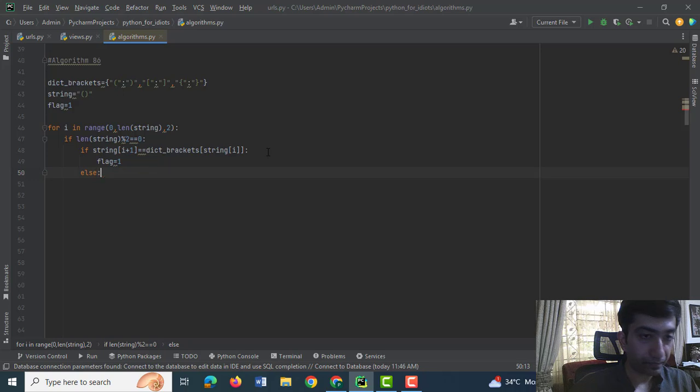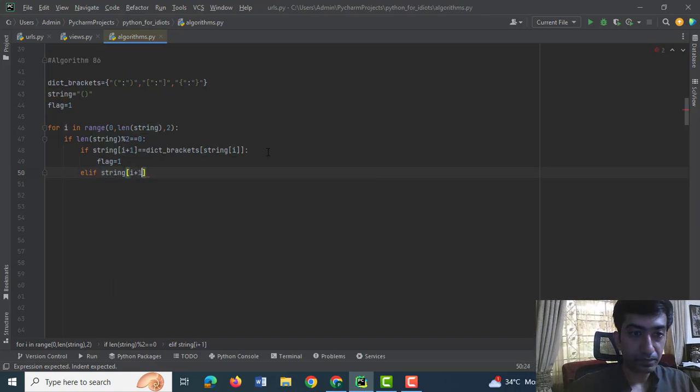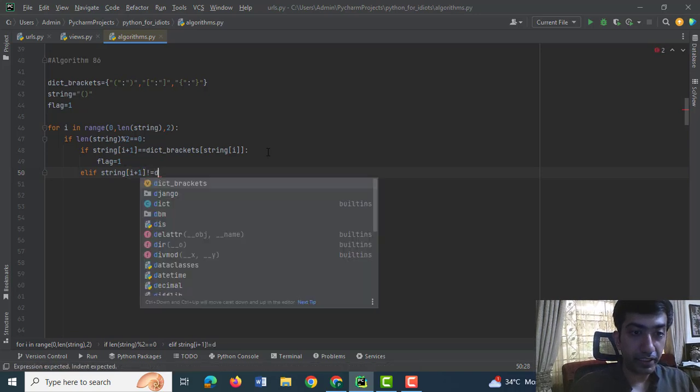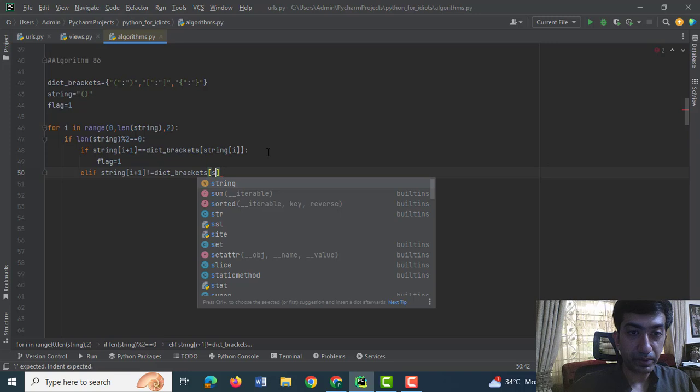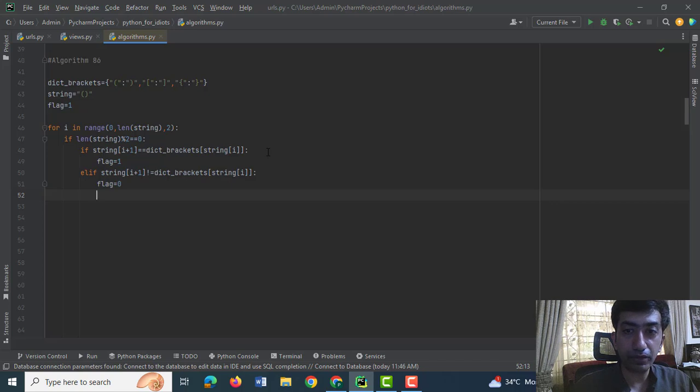Else, or we can use elif, if string i plus 1 is not equivalent to dict brackets string i, then we would break out of the for loop. So first we would update the flag variable as 0, and we would immediately break out of the for loop because we have concluded that this is not a valid string. So break,